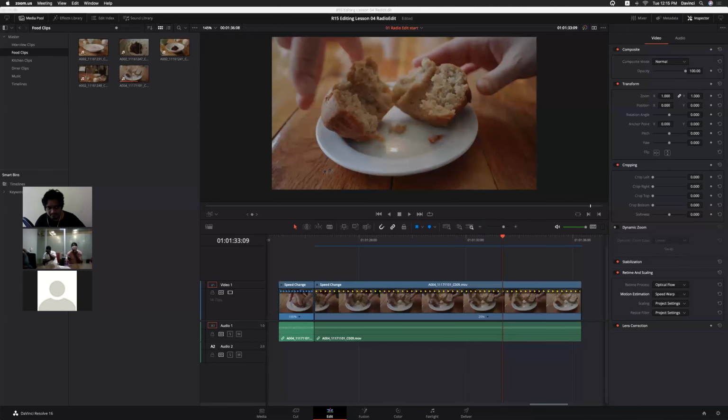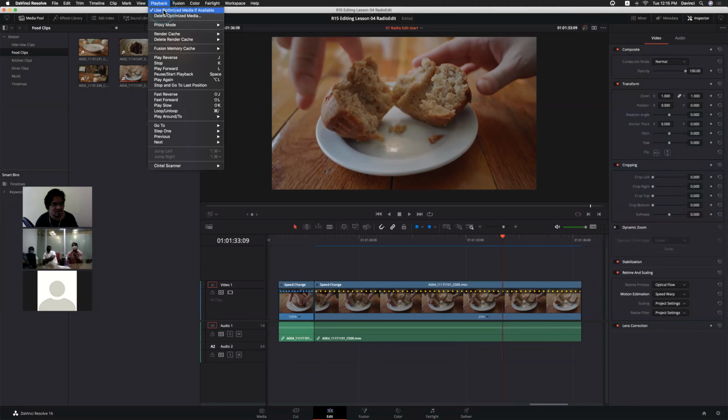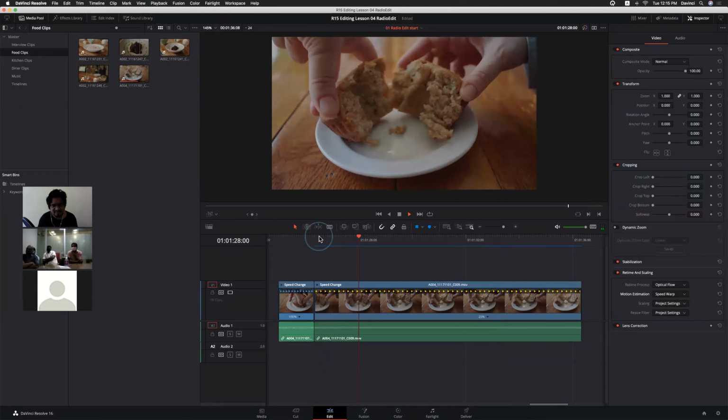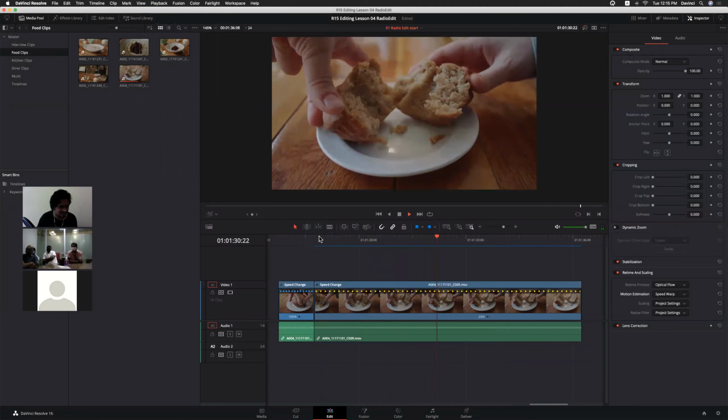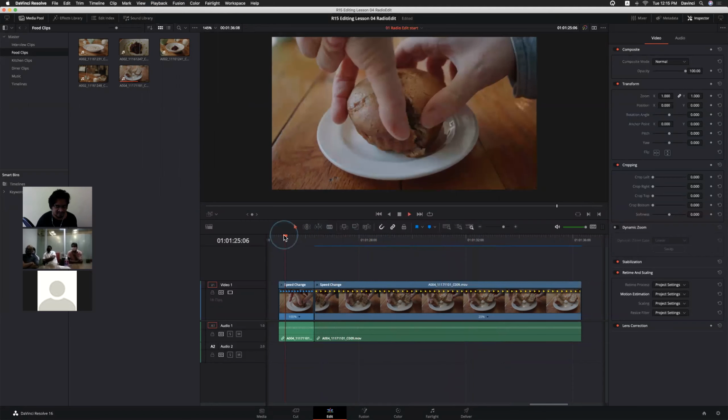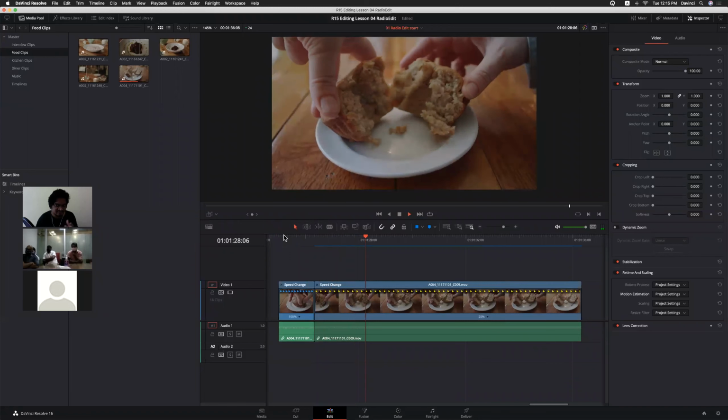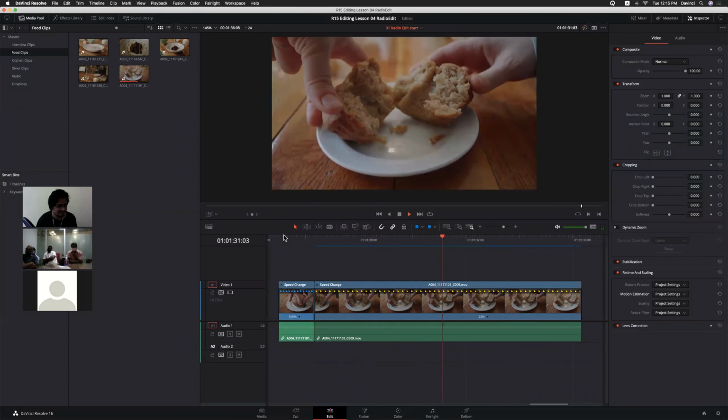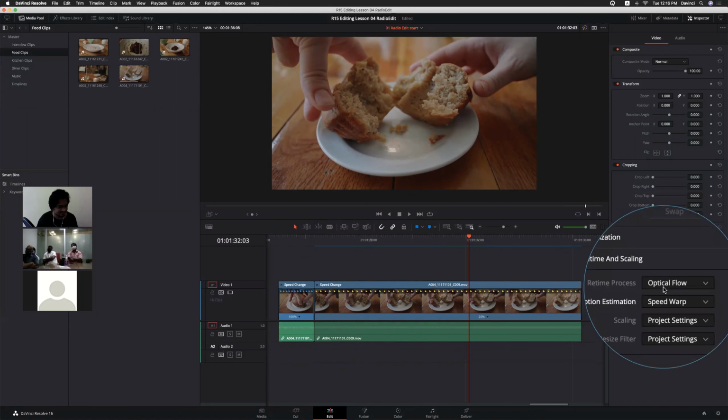After converting, it will automatically connect to our timeline, right? Yeah, exactly. But you need to select this option under playback, use optimized media if available. Then only it will utilize that option. Okay, fine. Then can you see the difference from the previous one? Maybe for this clip, I'm not sure. This is the actual clip, right? And it's pretty much smooth, right? Yes. So while doing speed changes, just remember these options.